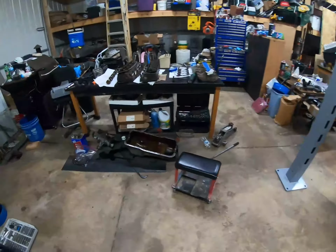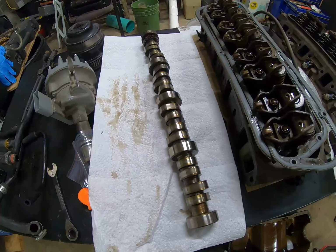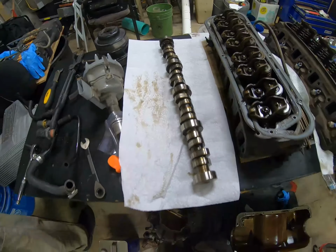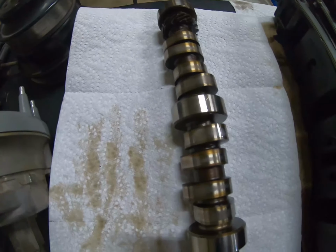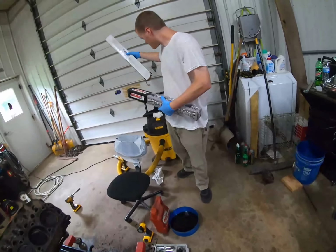And there's the old bump stick. Nothing really wrong with it. It's fine. I mean, you can tell there's wear where the rollers were riding. That's normal. I mean, it's a 100,000-plus mile engine. So he is unboxing the other bump stick,